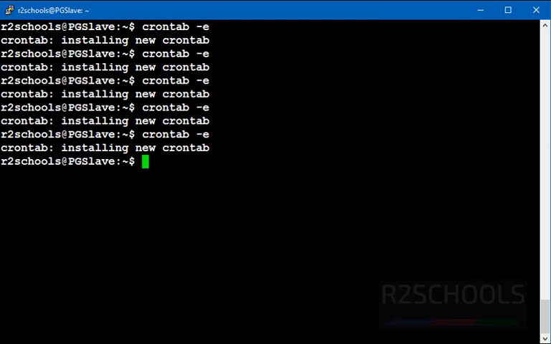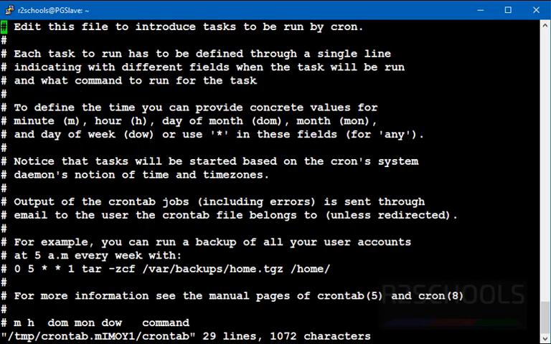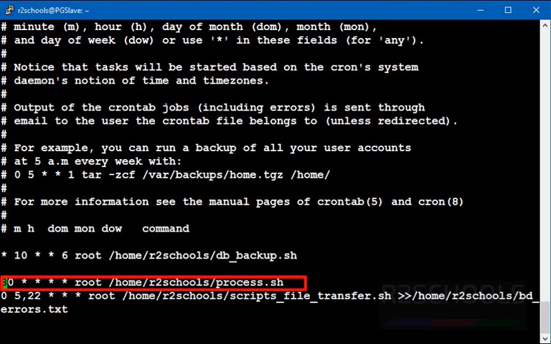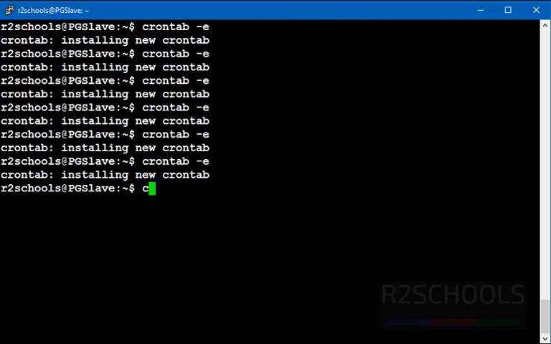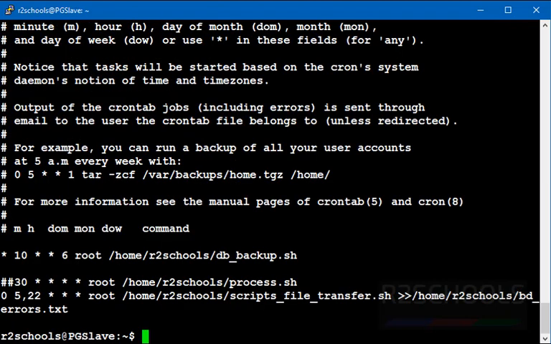In the next example, we are going to see how to disable a cron job. Crontab -e. If I want to disable a job, I just put a hash symbol in front of the job. In insert mode, I give the hash symbol. This job will not be executed until we remove the hash symbol. Save this one and quit. Now we will see the list of cron jobs using crontab -l.